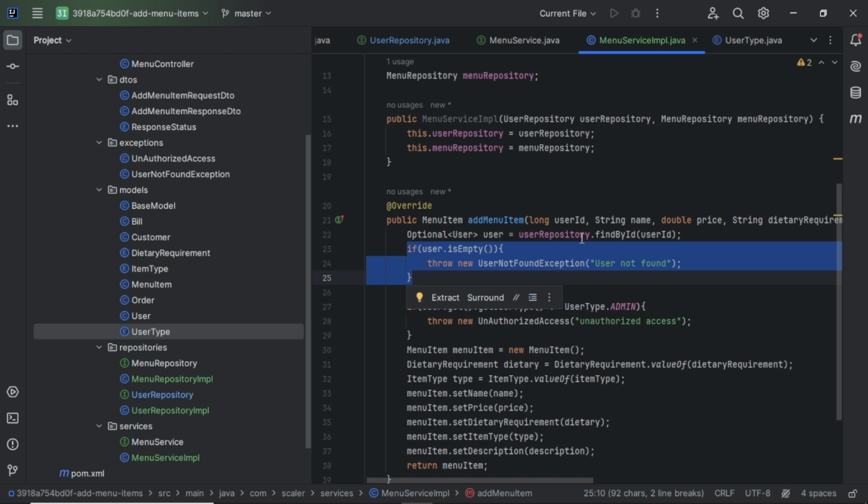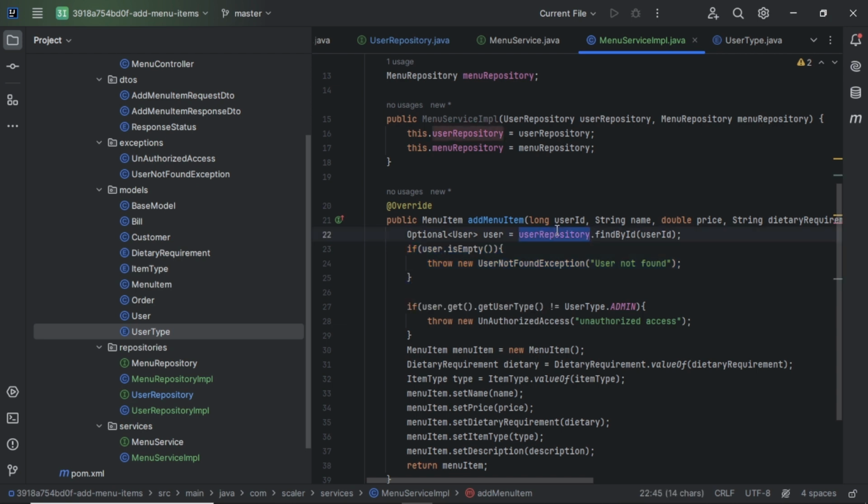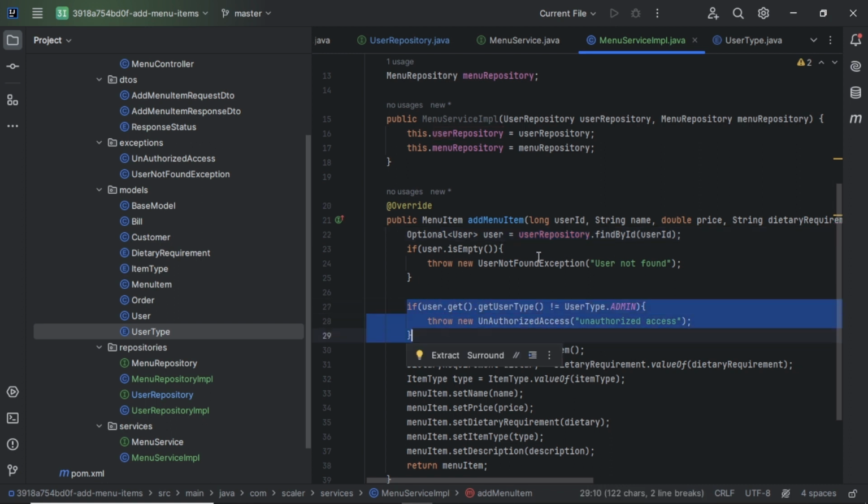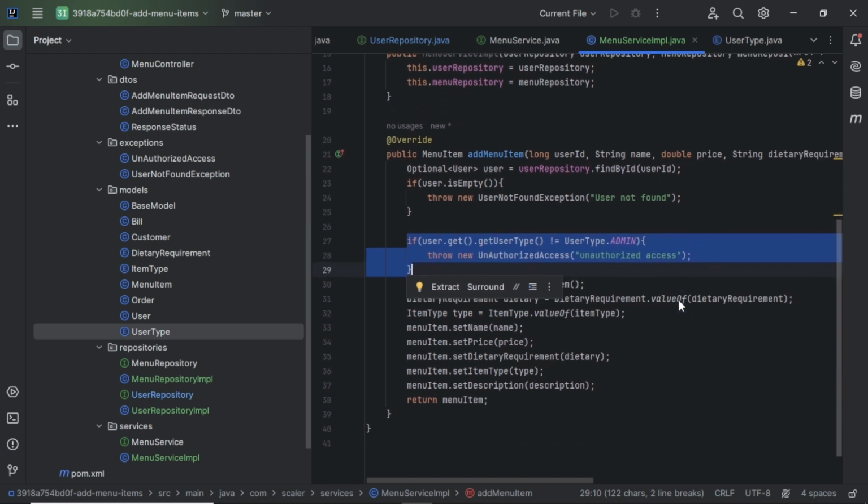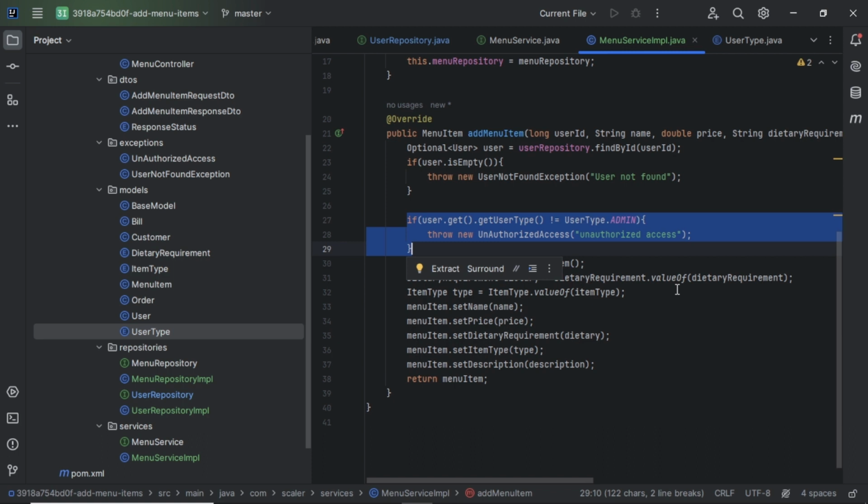We take it from this repository, and if it is not found, we throw the error user not found. Next we are checking the unauthorized access, whether it is admin or not, because it is already written that only admin can add the menus.